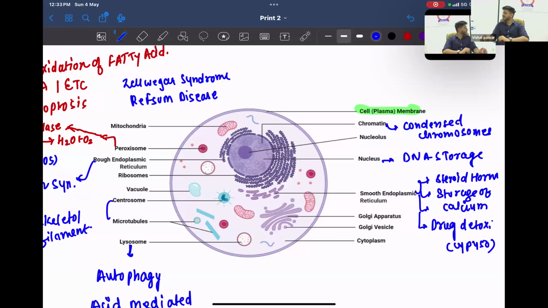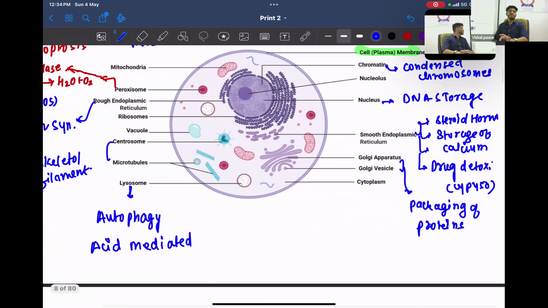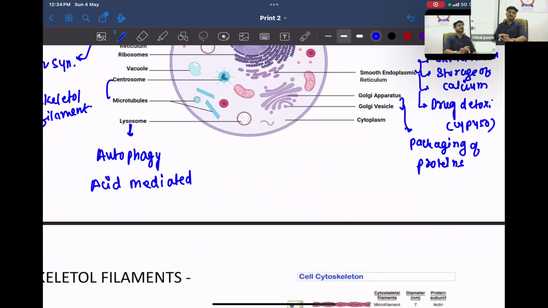Golgi apparatus and Golgi vesicles are going to do what? Whatever proteins are made here in the ribosomes, these proteins are going to go where? Into the Golgi apparatus and vesicles, and they are going to do the packaging of those proteins for the delivery, right? And whatever proteins are not good, or misfolded proteins, they are going to